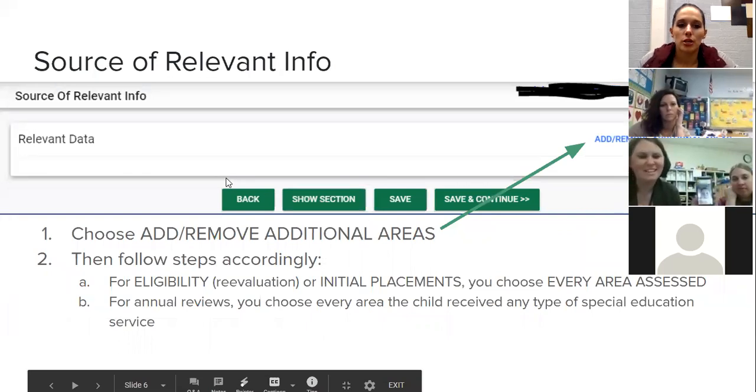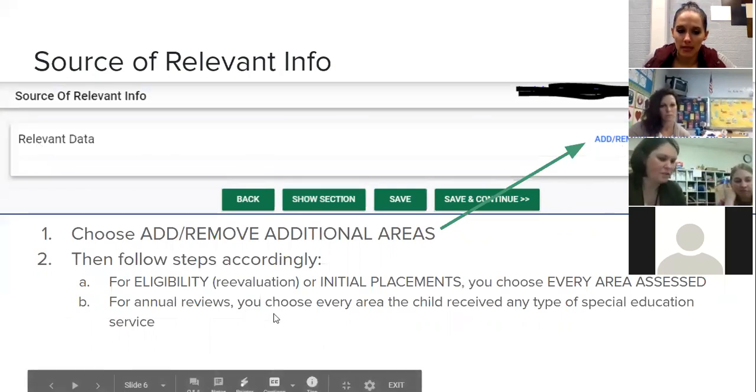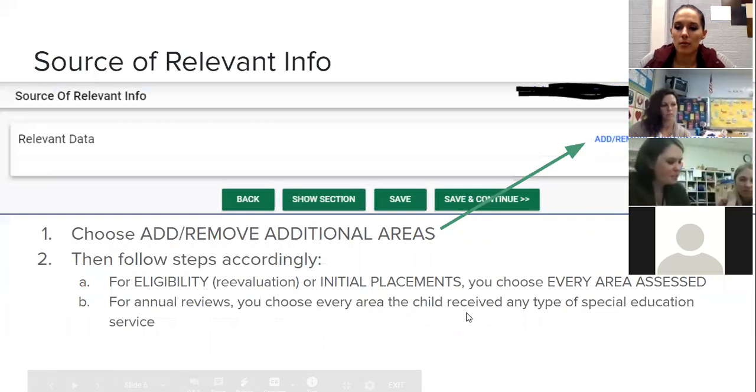The next screen you come to is the source of relevant info. It will be blank to start with, just like I have shown here. You will click add or remove additional areas, and then you will kind of have to think through what's happening